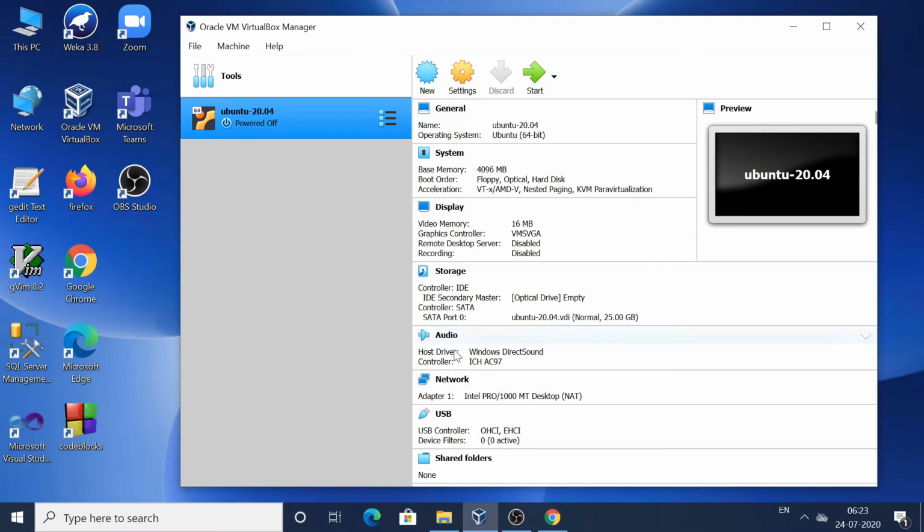Now these settings are the default settings. We will alter these settings according to our needs.